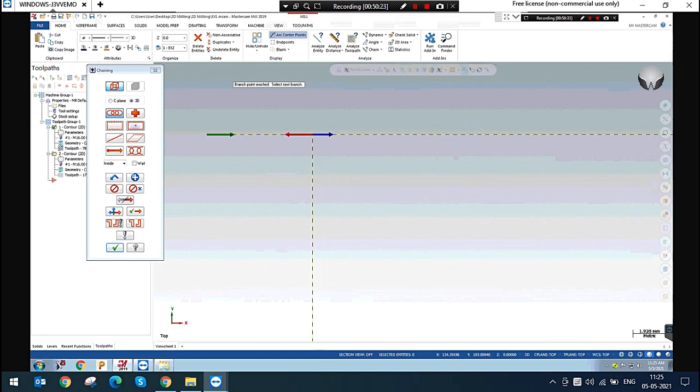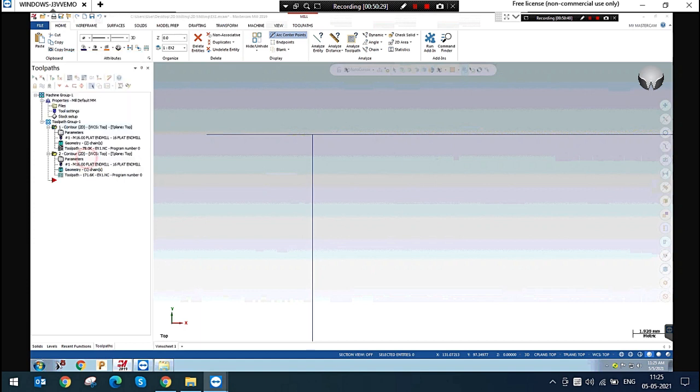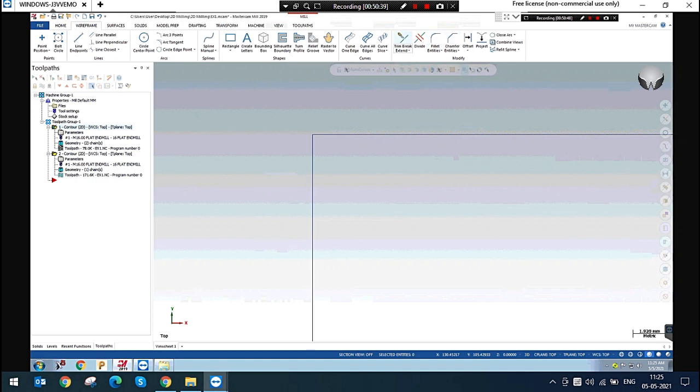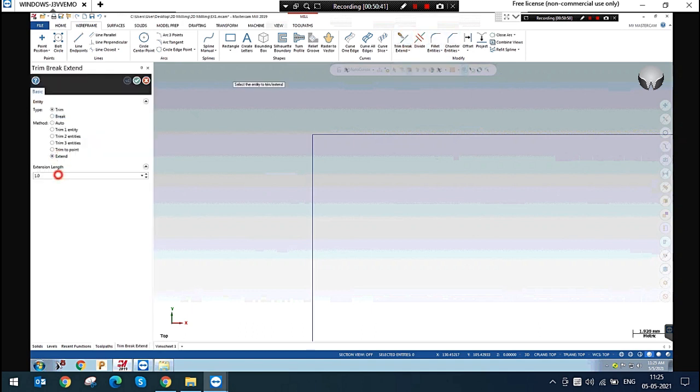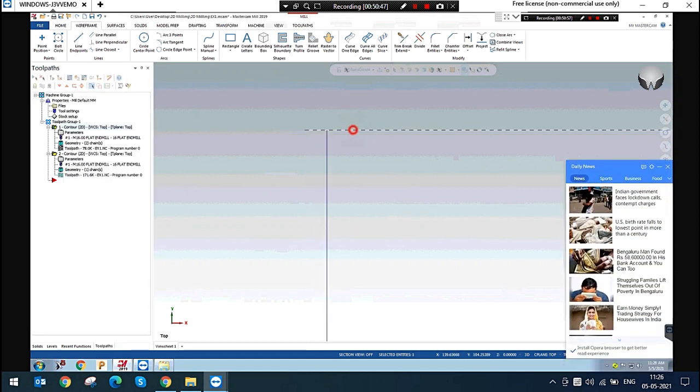It is taking this as a full chain, right? Please wait. I will use the extend function to extend. This is the same line. Okay.